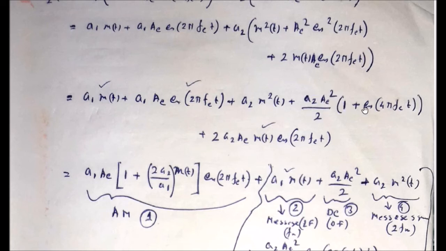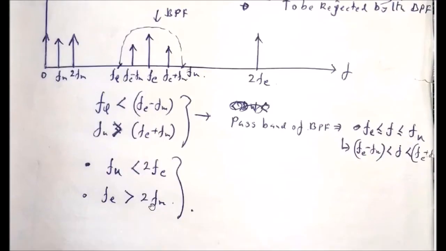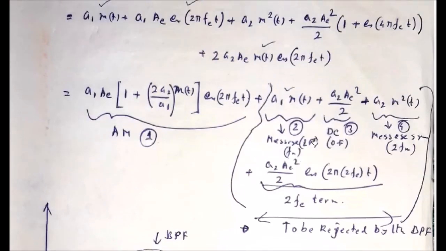That means one DC term again, and the second term is representing something which has the frequency of 2FC. So there will be again one DC term here and a 2FC term will be here. These terms are already obtained from this equation. See that the first term FM is there, 2FM will be there, this DC term is obtained from this 2FM term as well as 2FC term, 2FC term will be there, etc.